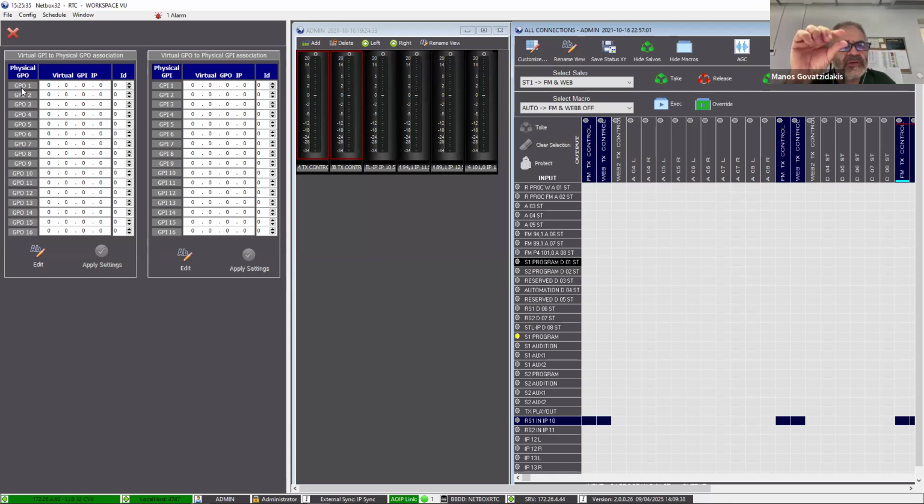That's the whole port, right? Yeah, so it's a translation table, basically. This is GPI virtual to physical GPO, and vice versa. Physical GPI triggers a virtual GPO. This is interesting